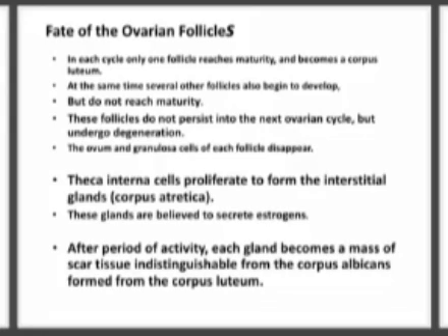The ovum and granulosa cells of each follicle disappear. Thecal interna cells proliferate to form the interstitial glands, corpus atretica. These glands are believed to secrete estrogen. After a period of activity, each gland becomes a mass of scar tissue indistinguishable from the corpus albicans formed from